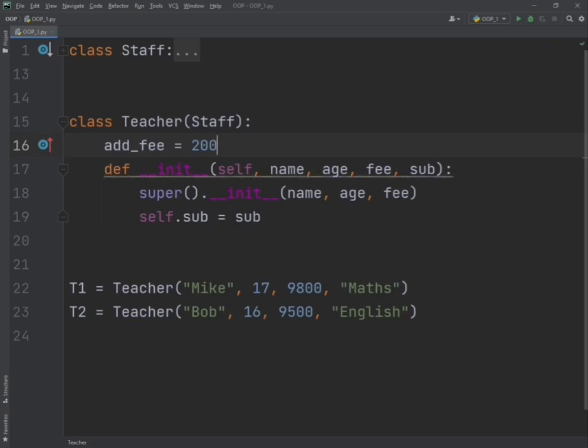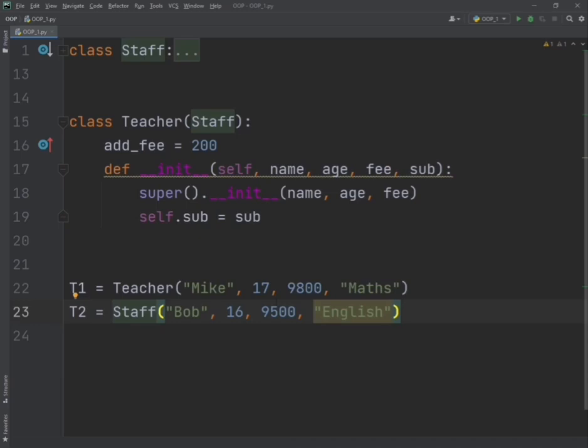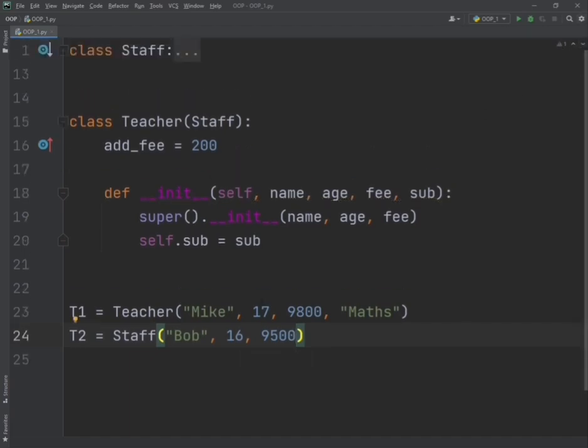Now let's change the class for T2, so its class will be changed from teacher to staff, and let's remove the English subject as it is not part of the staff class. So now to understand the concept, or to check if we can inherit the methods of the parent class also, in this case the class staff,